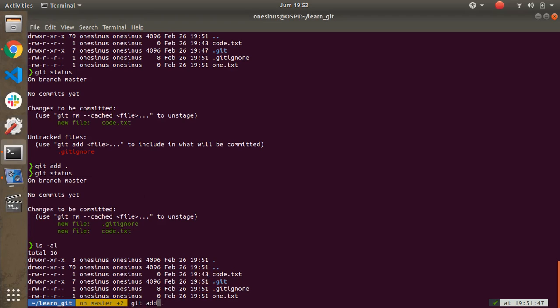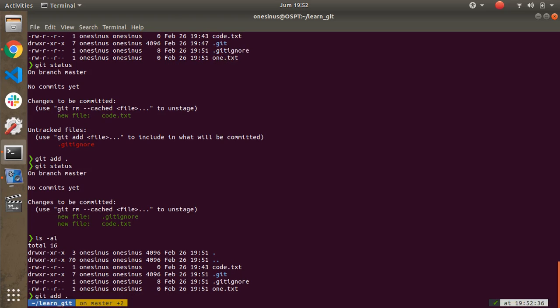After we add our file or our directory, or all files and folders besides the ignored files and folders, we need to commit.